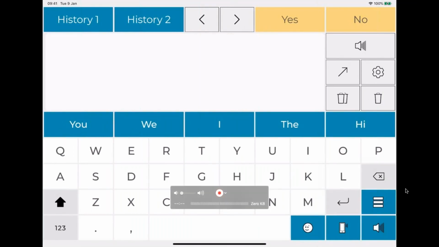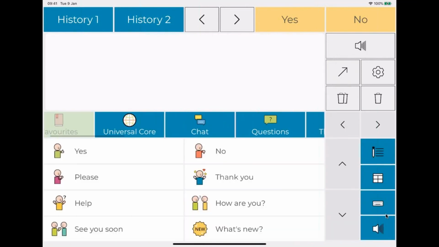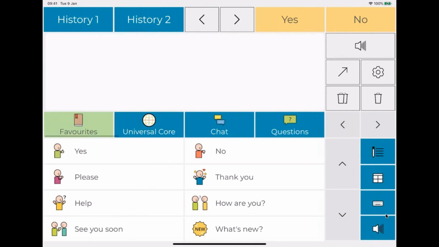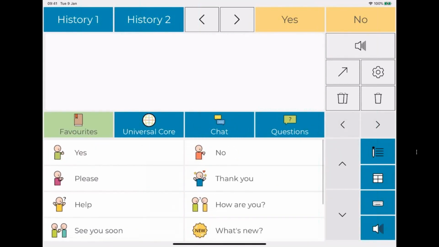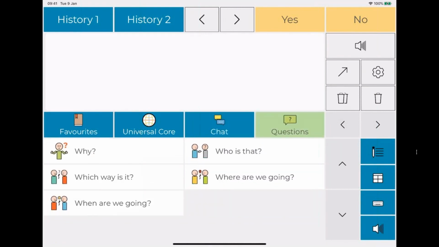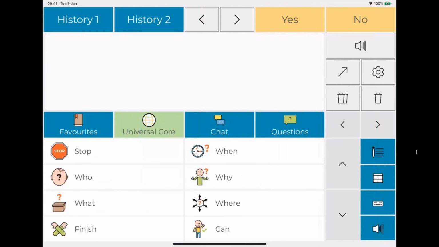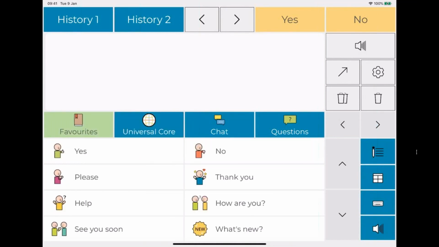Here you have a button that leads to the phrase bank. If I select this button, I now have access to my categories that I can scroll like this, or by using these navigation arrows. In each of these categories, I have already made phrases. My account is brand new, so I only have all the default phrases that you will find when you download Predictable for the first time.